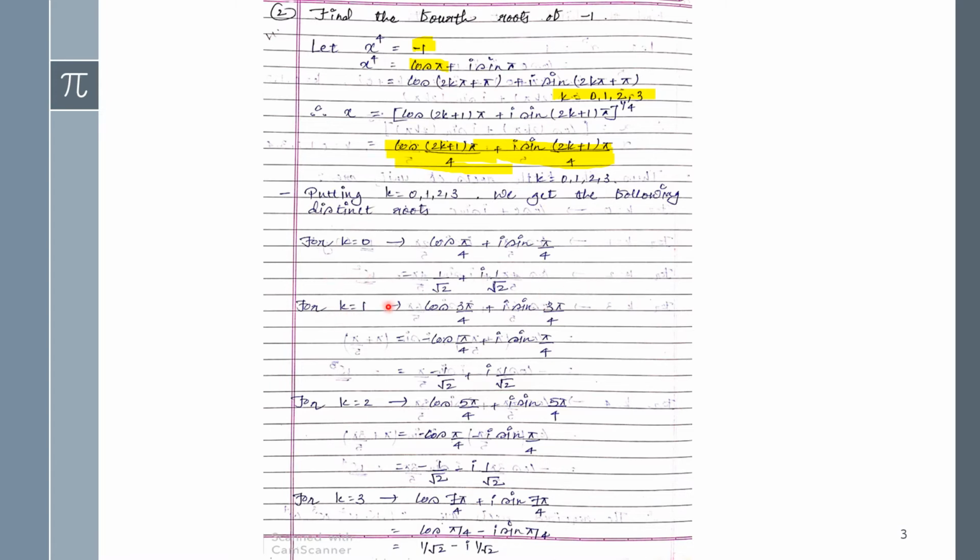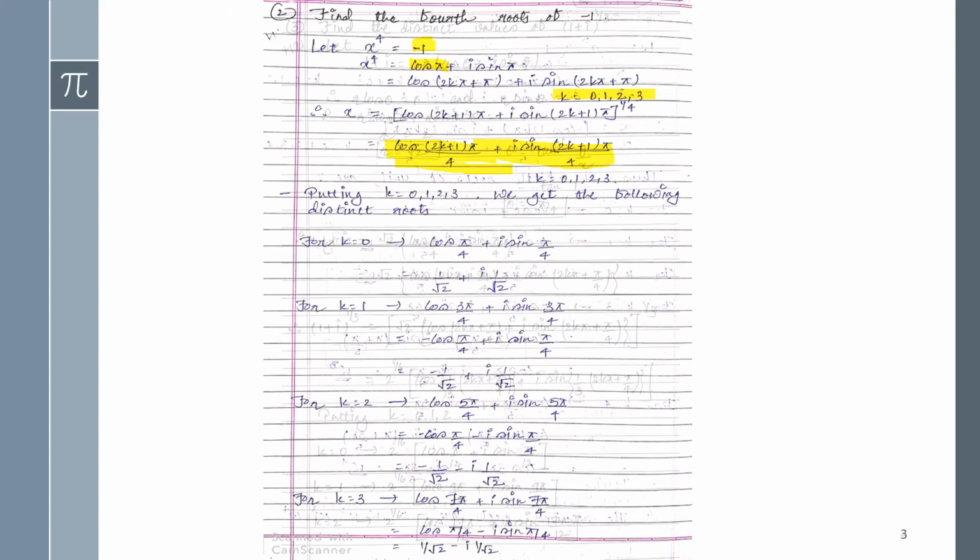In the same way we apply k equals 1, k equals 2 and k equals 3. Then you will get the final answer. And as you can observe here, it is 3π by 4, so we can write that as π minus π by 4, that is, the second quadrant. In the second quadrant you have to check whether cos is coming out positive or negative. Based on that I have put here minus cos π by 4 plus i sin π by 4. And at the last you have to put in the values. So you have to apply these kinds of simplifications.